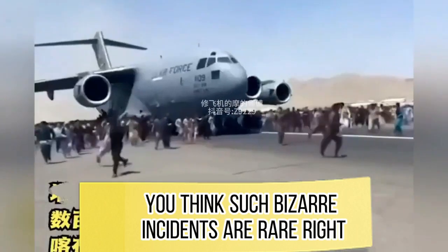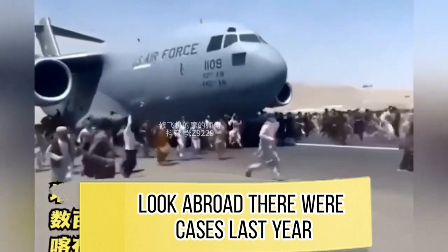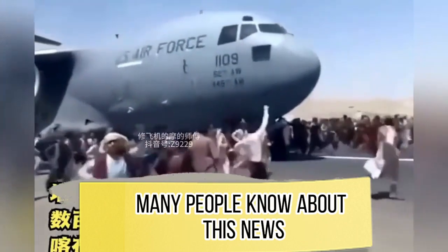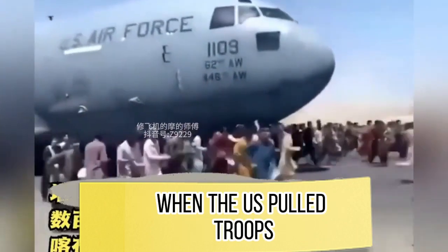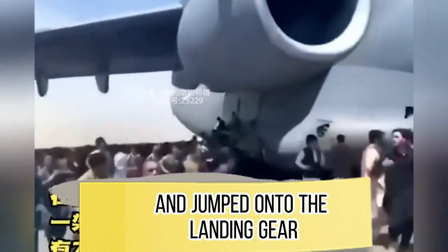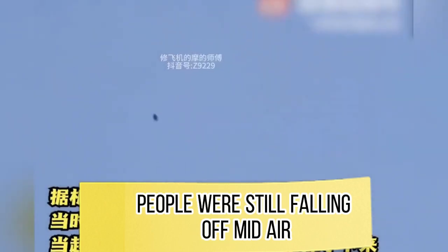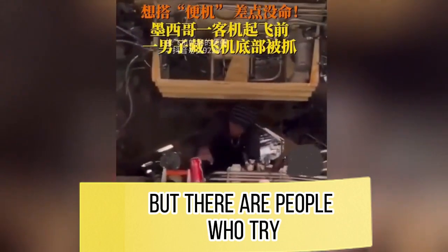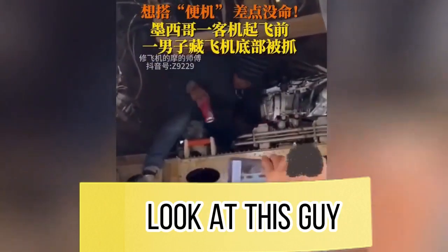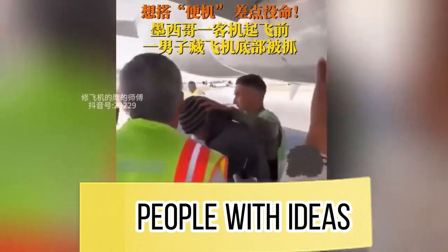You think such bizarre incidents are rare, right? It's just that our country focuses on safety, so they are rare. Look abroad. There were cases last year. Many people know about this news. When the US pulled troops, many people wanted to catch a free ride and jumped onto the landing gear. The final outcome is imaginable. People were still falling off mid-air. The chances of success are small, but there are people who try. Look at this guy, hiding inside the wheel well of an A320, trembling as he was caught red-handed. People with ideas